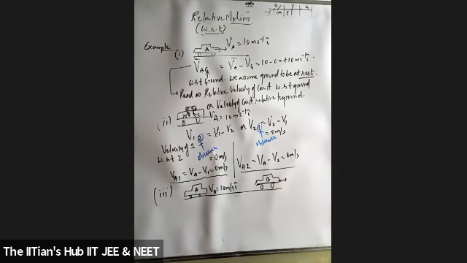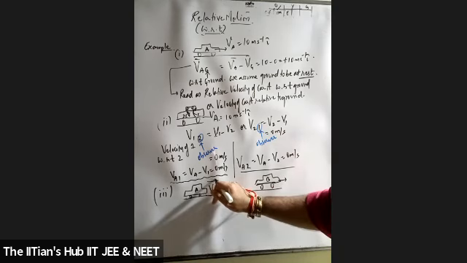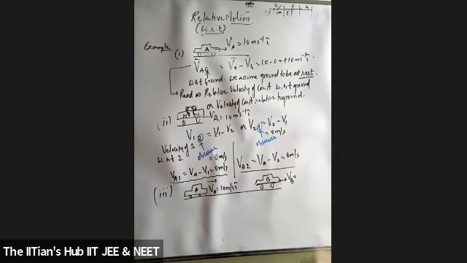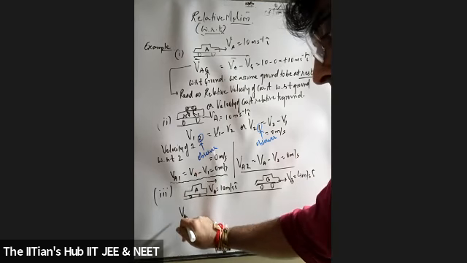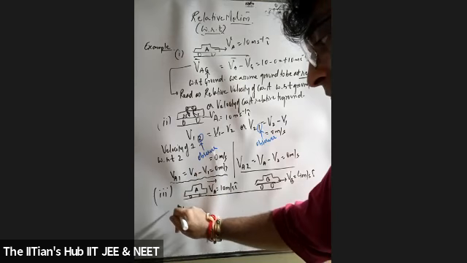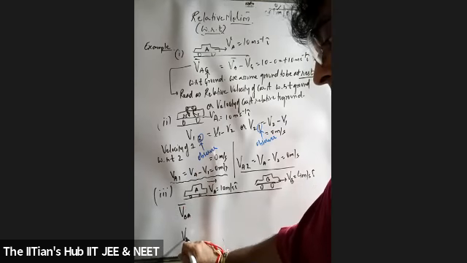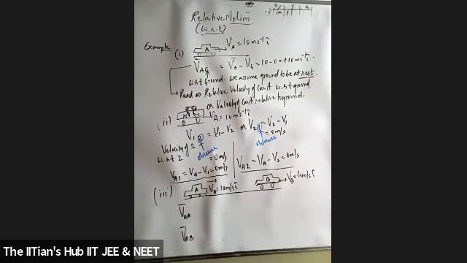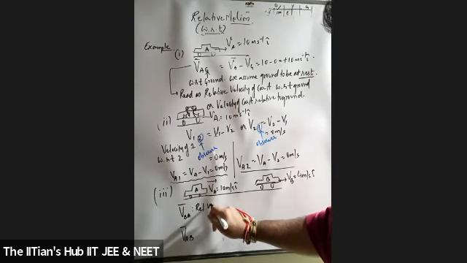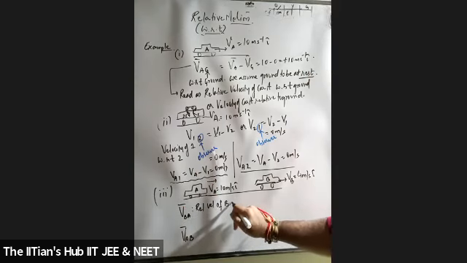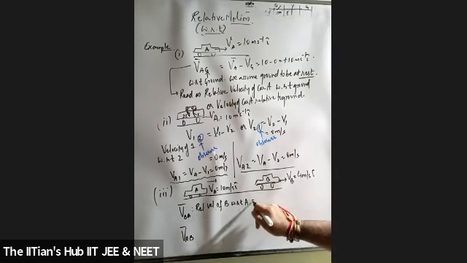It's moving in the same direction with a velocity of 4 meter per second i cap. Now, suppose I ask you, students, listen carefully, what do you mean by relative velocity of B with respect to A and relative velocity of A with respect to B? How do I read this? Students, how do I read this? Velocity of B with respect to A.